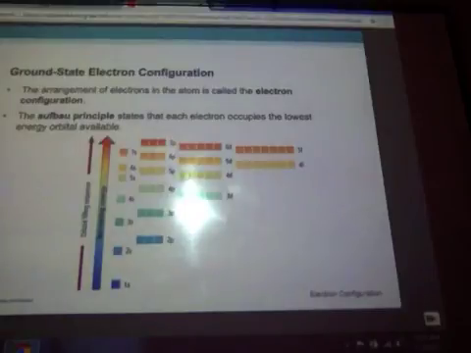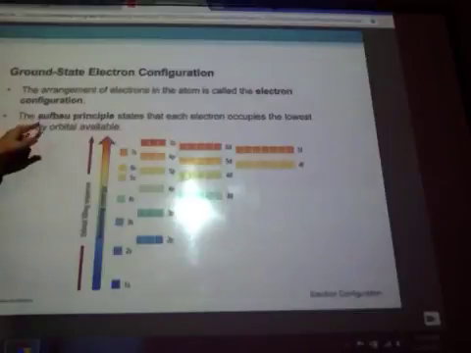So here's your first set of notes. The arrangement that the electrons have in an atom is called the electron configuration. We are going to find where each and every electron goes in your different atoms. The Aufbau principle states that electrons occupy the lowest energy orbital available. Electrons are lazy. They want to be in ground state, and they always want to be in the lowest energy